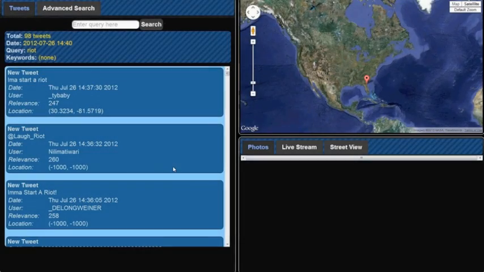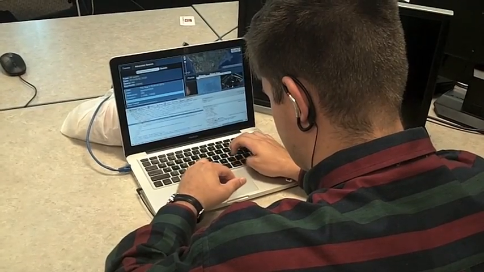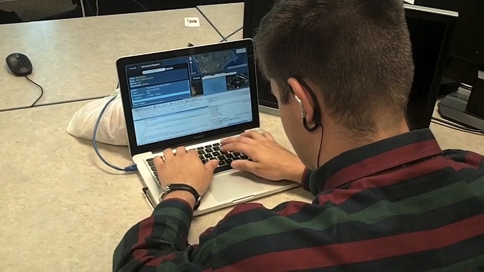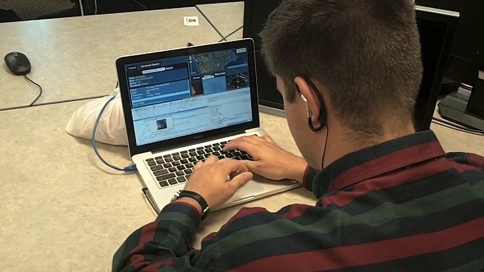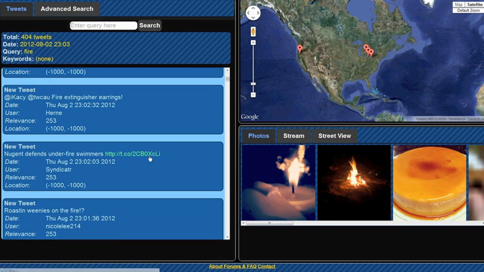Using Twitter was the logical thing to do. If you want to know what the world's thinking, you can just submit a query to Twitter. We basically took the idea that is Twitter, added functionality, and put it on our site. Along with users being able to submit locations or keywords with an advanced search on our site, they have the ability to grab pictures right out of the tweet. If we know the background source of the sites users use to submit their pictures, for example Tumblr or TwitPic or even Facebook, we're able to grab those pictures and immediately visualize them on the site.